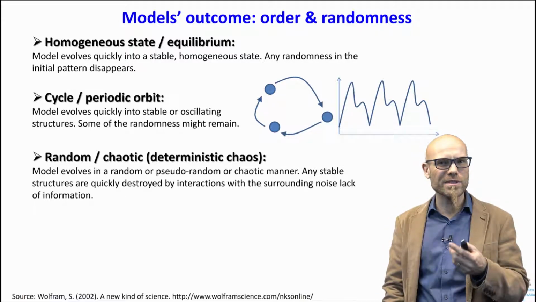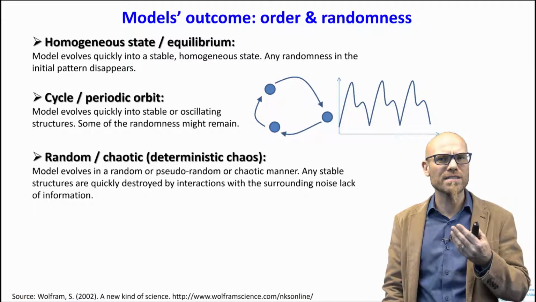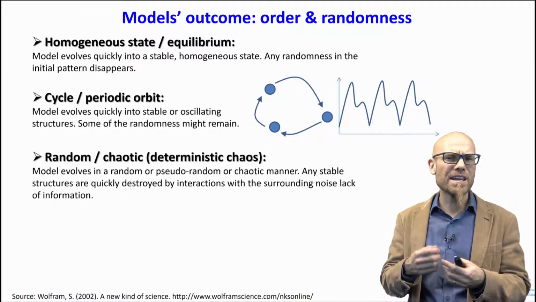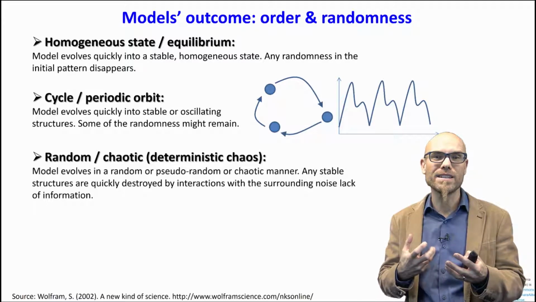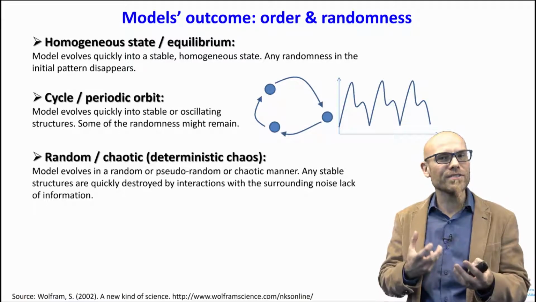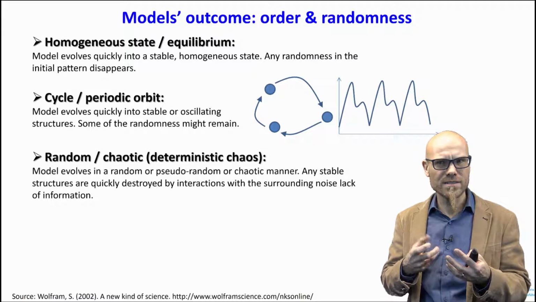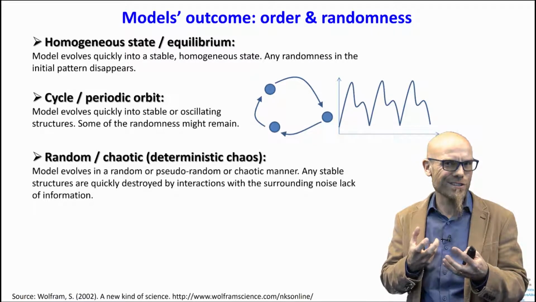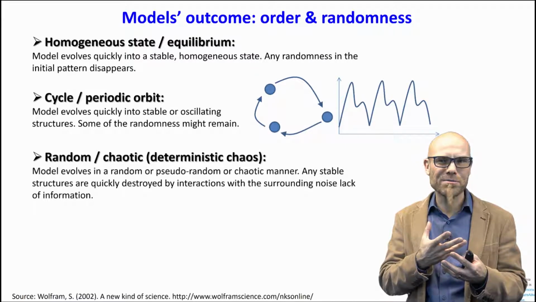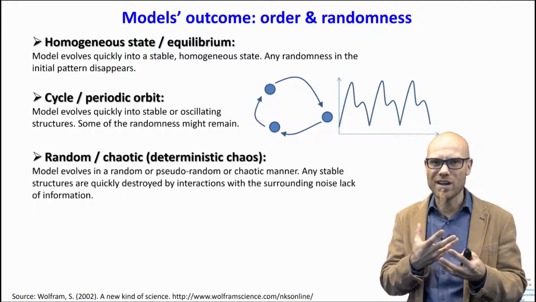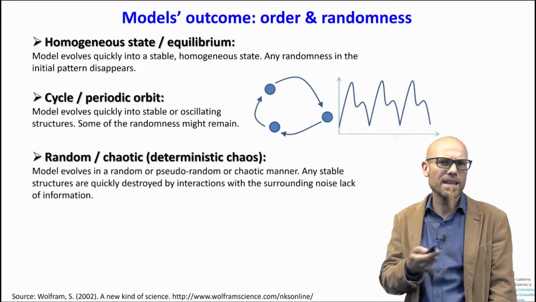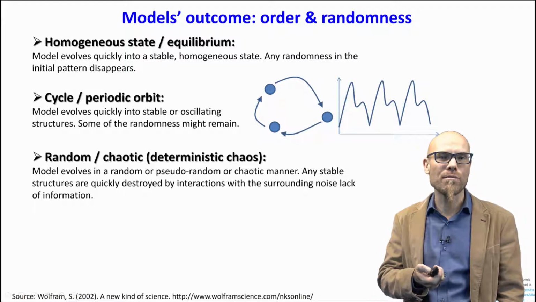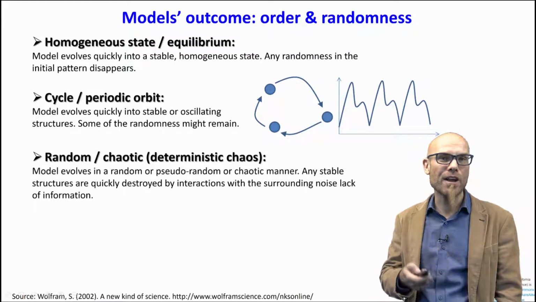So you can start with a completely deterministic process. The process is very well defined, but you lose too much information on the way and you cannot track, for example, the initial conditions. And if it's sensitive to these initial conditions, the initial conditions that you started with, you cannot make any predictions anymore. You lost all the information on the way, and these are called chaotic systems, but at the end also, for all practical purposes, are random, apparently random.